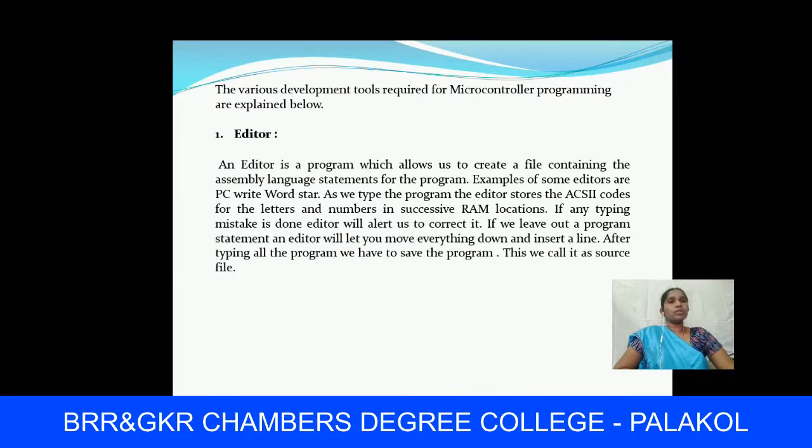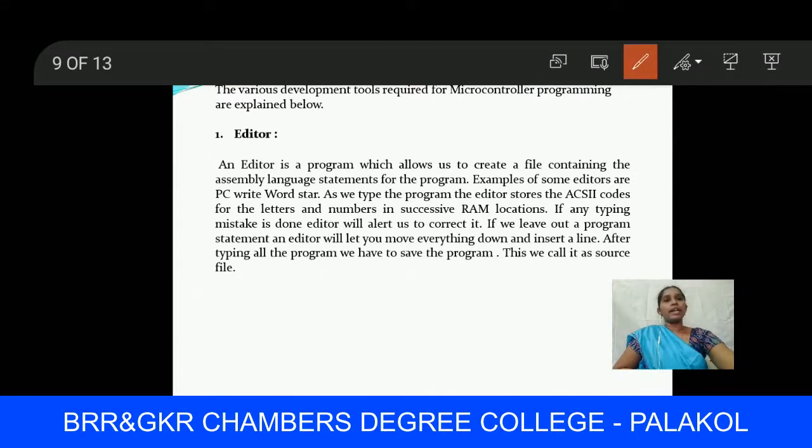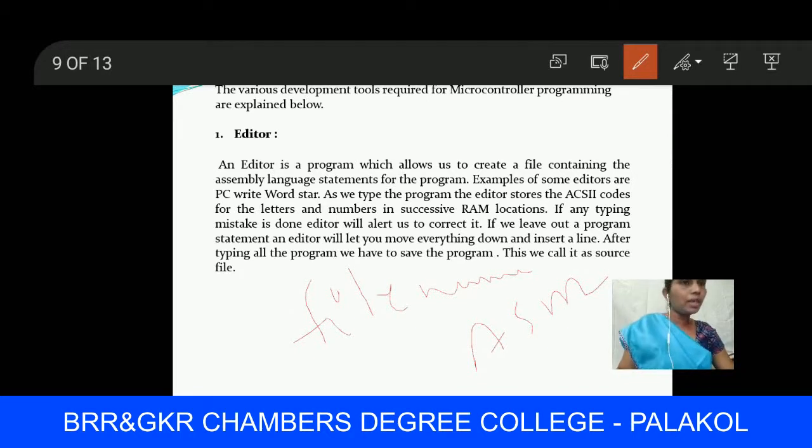The source file is stored as file name dot ASM. Whatever the file name may be, F1, F2, F3, it is stored as f1.asm, and it is called a source file.